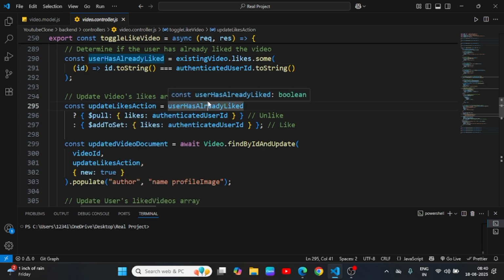So this is the field I initialize here, and I'm using a ternary operator. If it's true, let me run this line of code. If it's false, run this block of code or this line of code, because that's what a ternary operator does. So let's say it's true, then run this line of code. If not, this. Pull means remove that field, that ID, from the array, and add to set means add